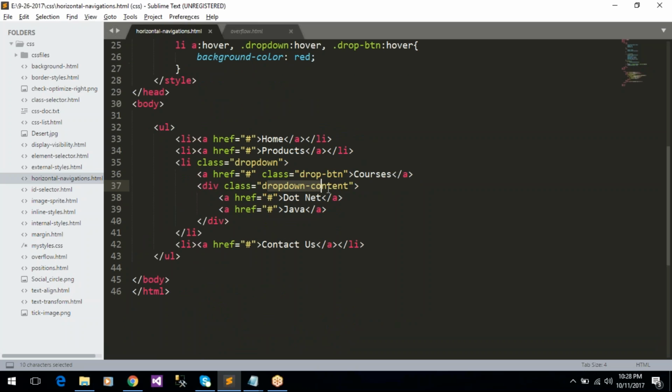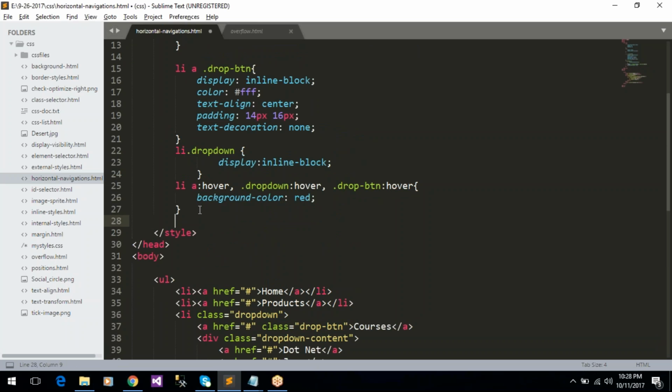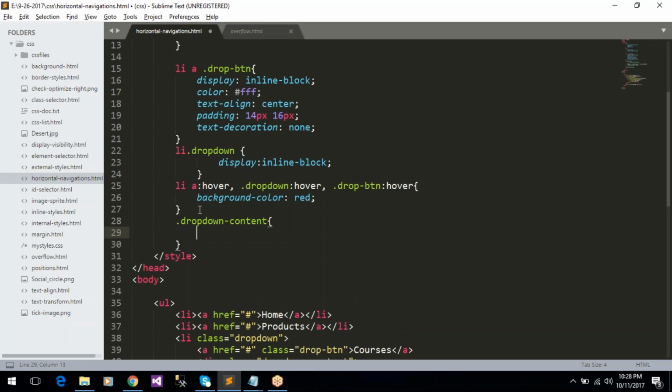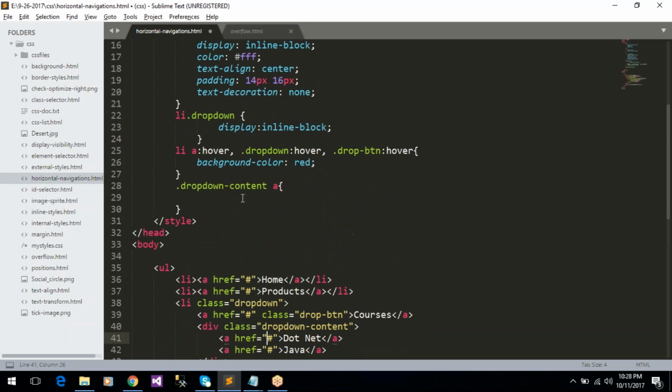Okay, for the submenus, this is one new class. In drop down content, we have anchor tags. Okay, here the anchor tags is there in submenus. For the submenus,